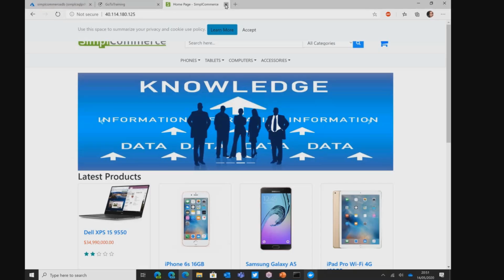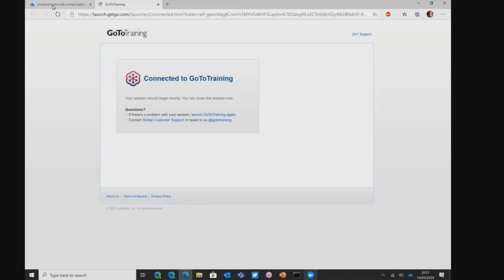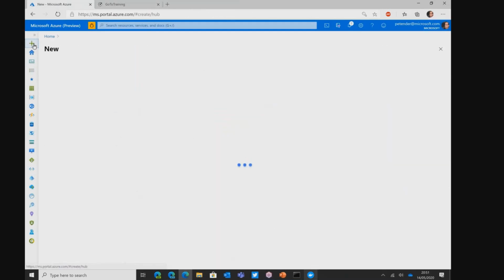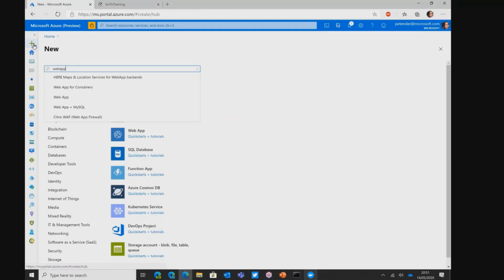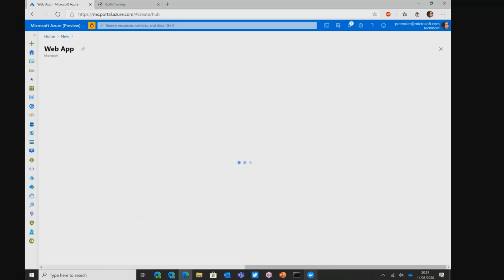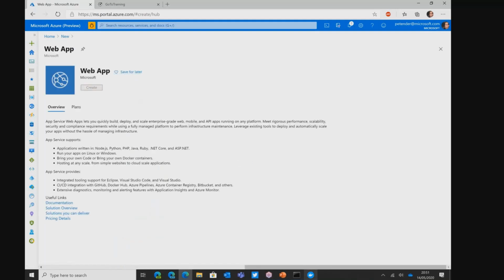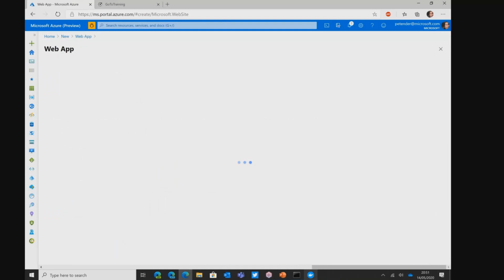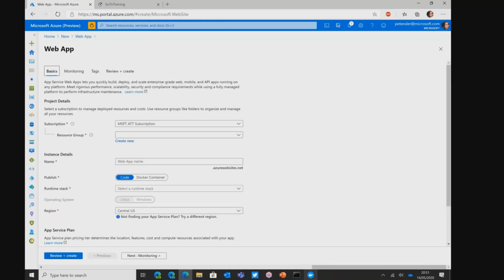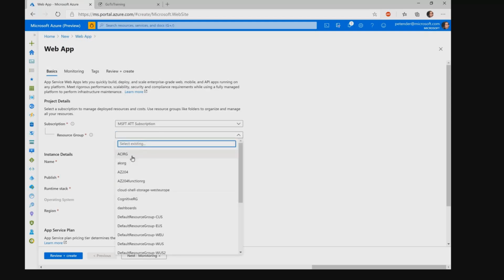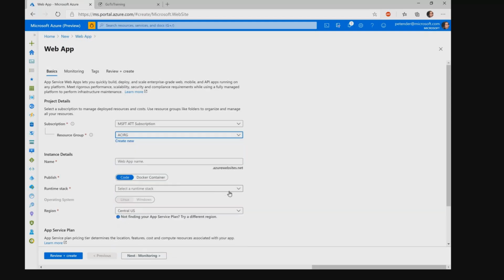So I'm going to close this one and show you how easy it is to spin up a web app for containers. So a lot of it is almost identical to my previous demo, where we start with, again, some base Azure information. I'm going to use the same resource group, but it could be a different one. It needs a web app name. So this is the scale me up